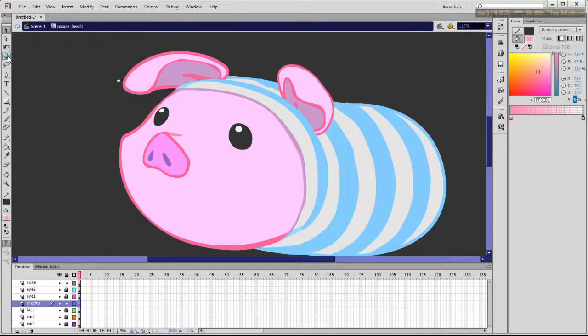Trying to find a tool. This one? Nope, not that one. Is it this one? This program's so laggy. Come on. Just let me select it. There it is. See, I don't know why the gradient tool is underneath the transformation. It took me a while to find it. I know it's within one of these two. Alright, so